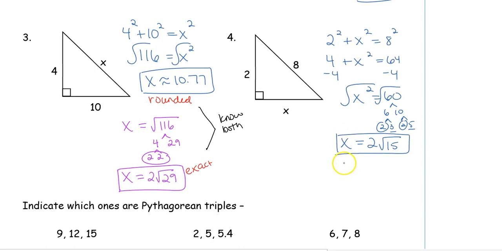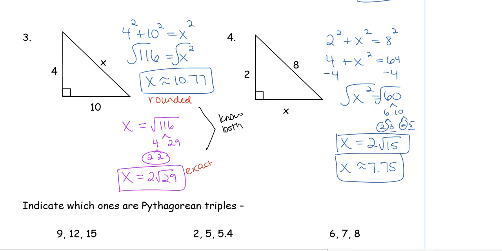And then if we go to our calculator and just do the square root of 60, we get x is going to be about 7.75. Again, this is going to be our exact answer with the radical. The answer with our decimals is going to be the rounded answer, which is going to bring us to the